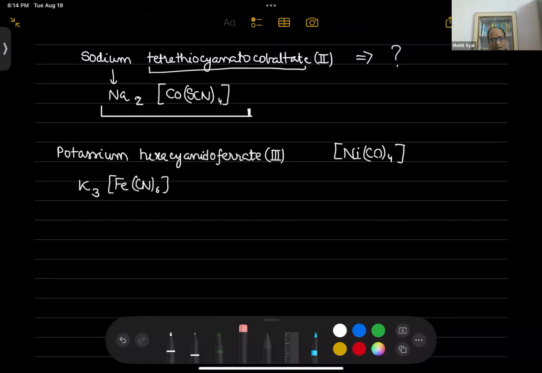So its total charge is 0, CO is 0, so nickel must be 0. And there is no cation involved in this naming. So this is going to be the name: tetracarbonylnickel(0),